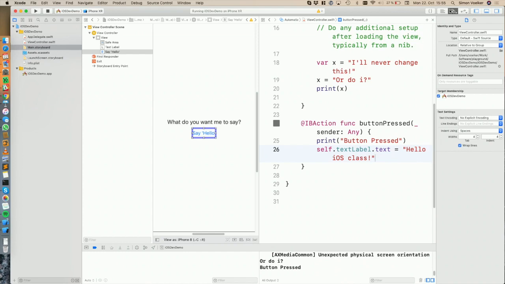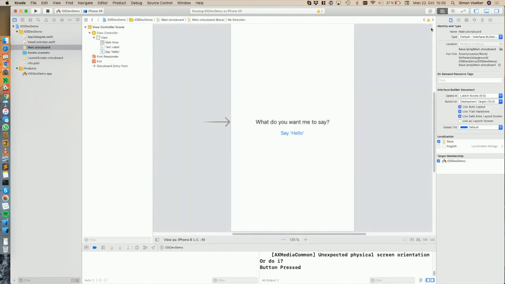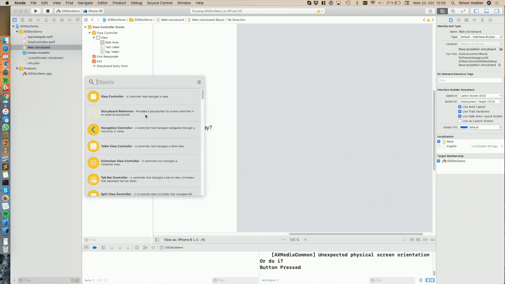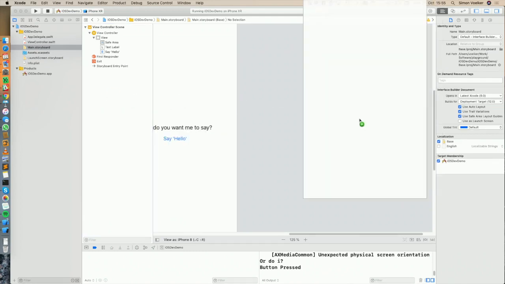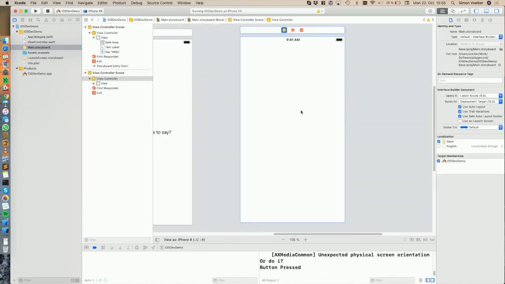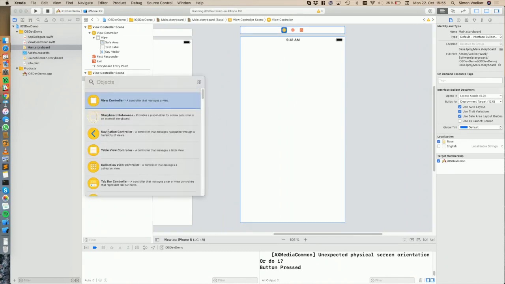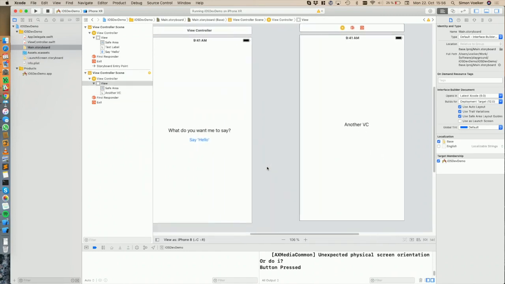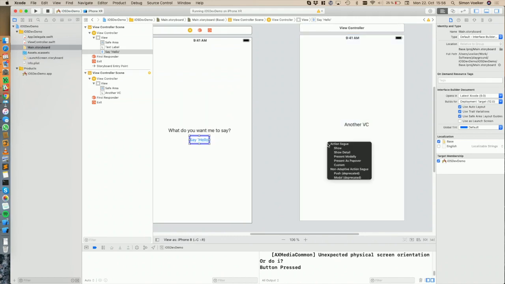And it's similar for other transitions as well. For example, let's do that quickly. If I don't want to have just one screen, but another one, I just drag in a new view controller and give it a text label so that we can see that. Another view controller. And if I want to say, okay, once I press the button, I actually want to transition now to a different screen, I can just right-click, drag to the new view controller and say that, well, yeah,